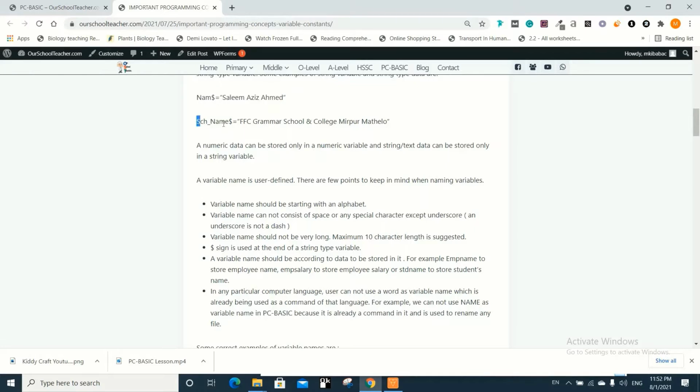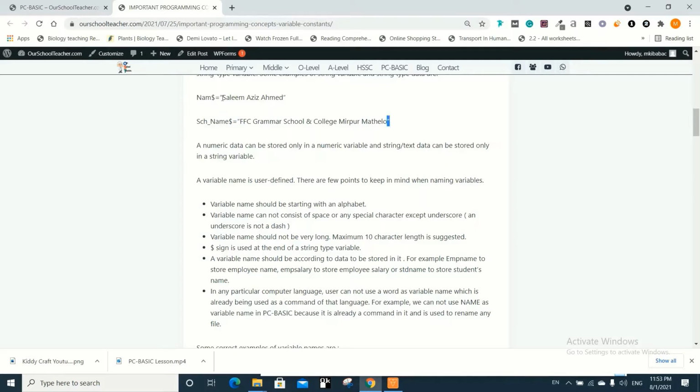Similarly, SCHOOLNAME$ is also suggesting that it is going to store some school name, and here I have stored FFC Grammar School and College, Mirpur Mathelo. You see the text, the string which I have stored, that is enclosed in double quotation.